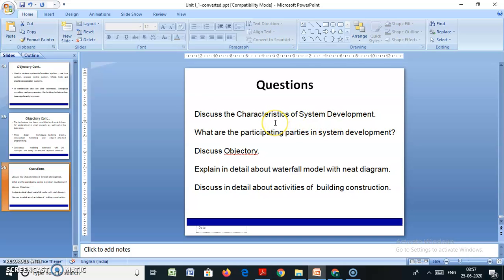Next, what are the various interested parties in system development? What are the people involved? How many people are involved? These are the characteristics of system development.